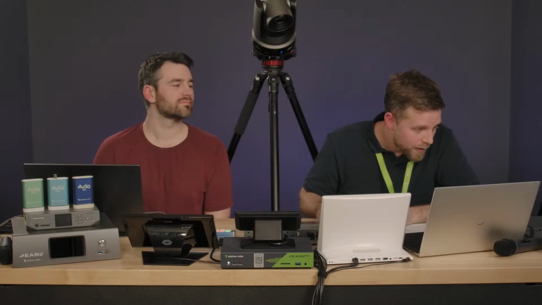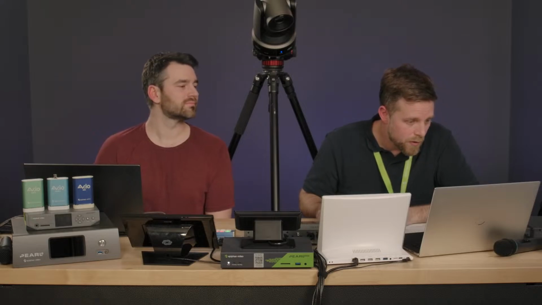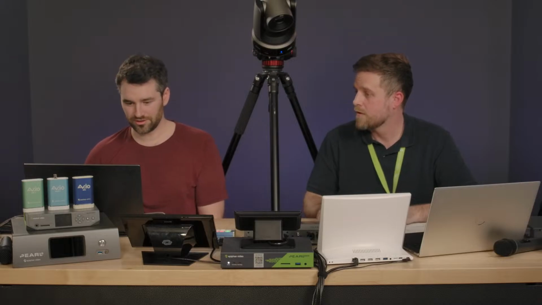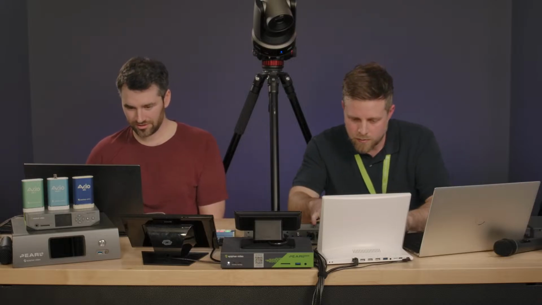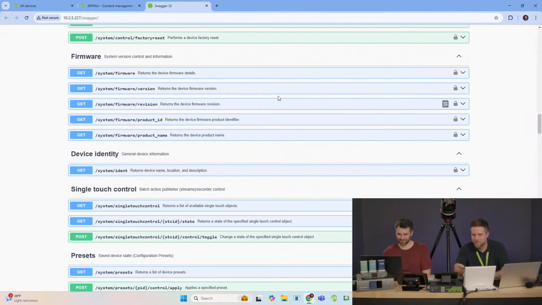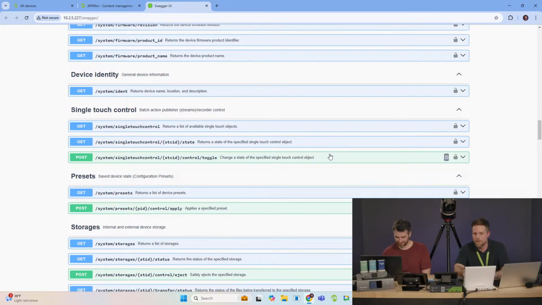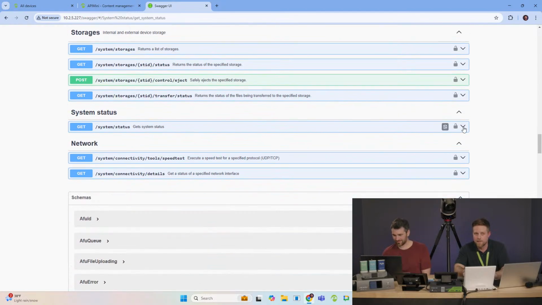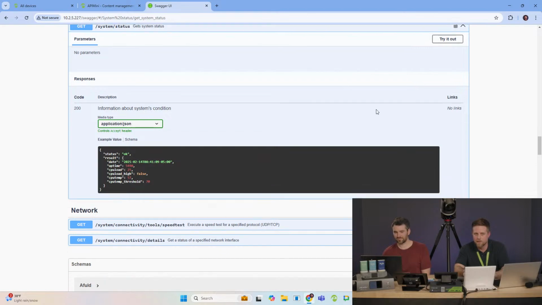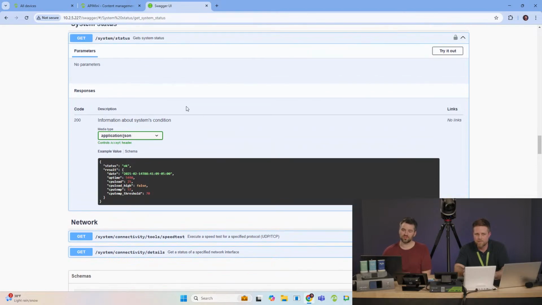Bjark Rabeck asks, where can I get temperature and CPU load from Minis through an API call? Let me see if I can find it here. I'll go to Ryan's laptop. We're jumping ahead a little bit because this is our new Swagger REST API interface, which we'll touch on a little later. But there is an API call for temperature. So you can see it here. This is a little bit different.